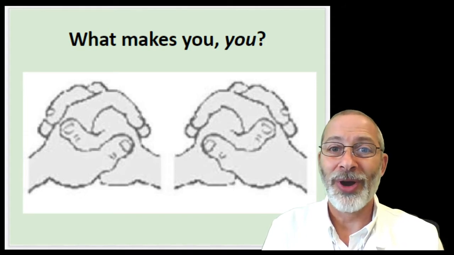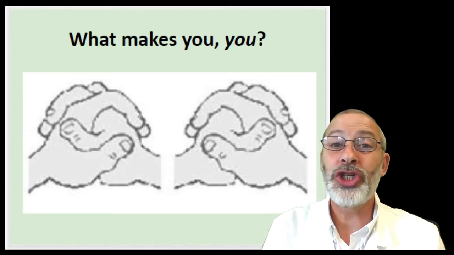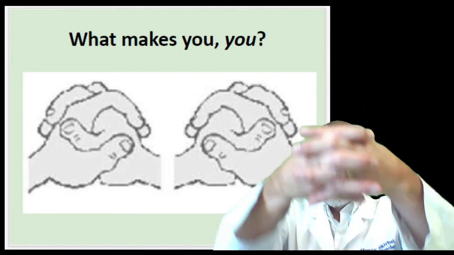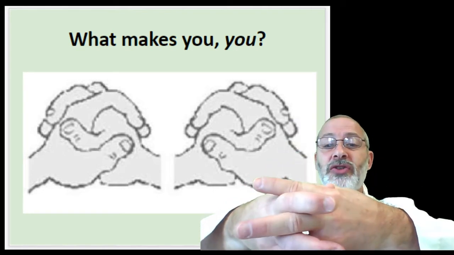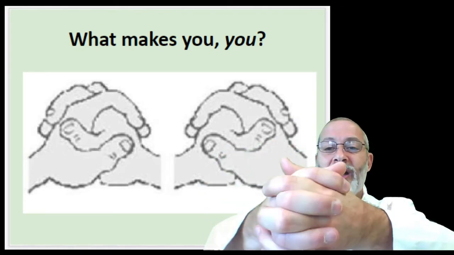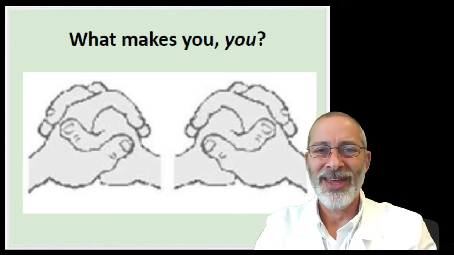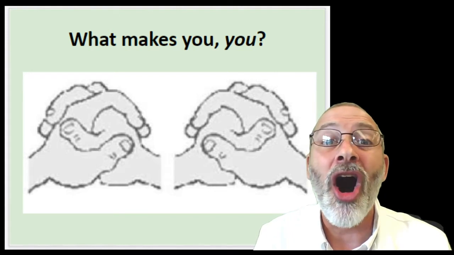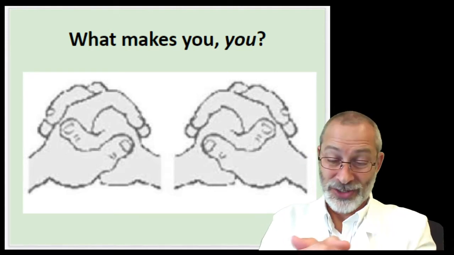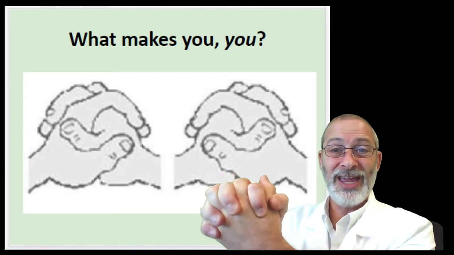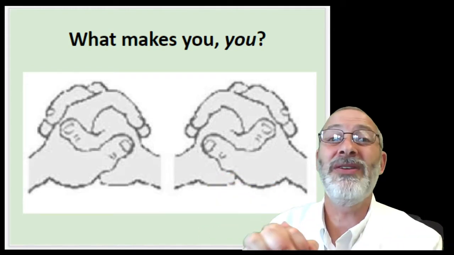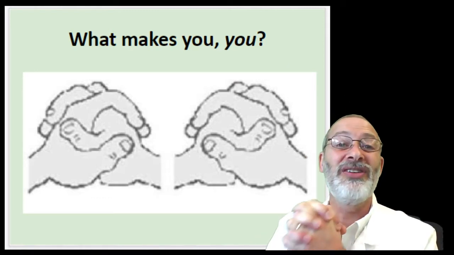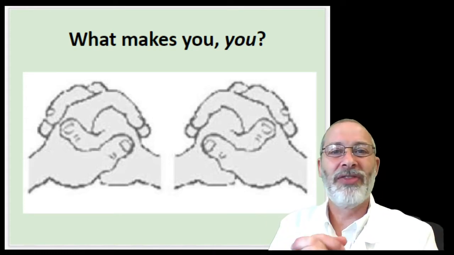Now, here's the fun part. Try to shift your fingers, and watch me, so that your other thumb is on the top. It is probably going to feel extremely awkward to you. When I have adjusted my hand so that my right thumb is on the top, it feels like there's something seriously wrong. It just doesn't feel natural. So I've got to go back and put my left thumb on the top.